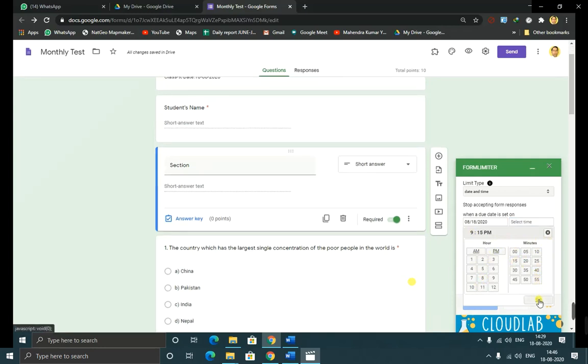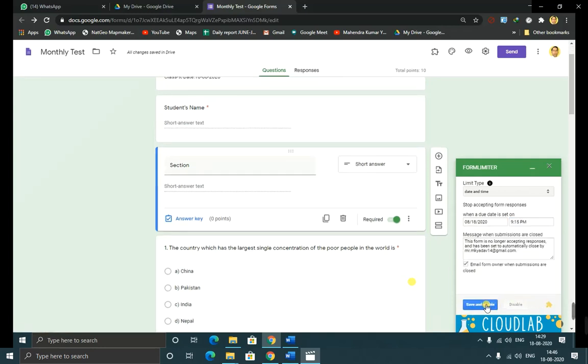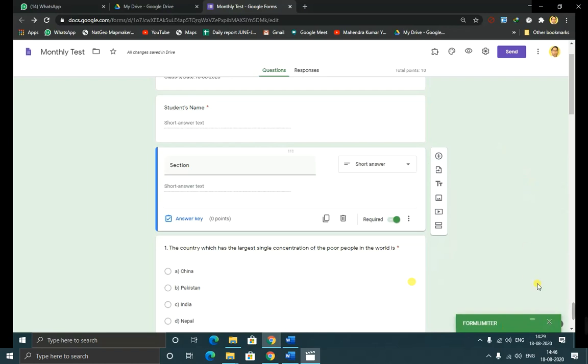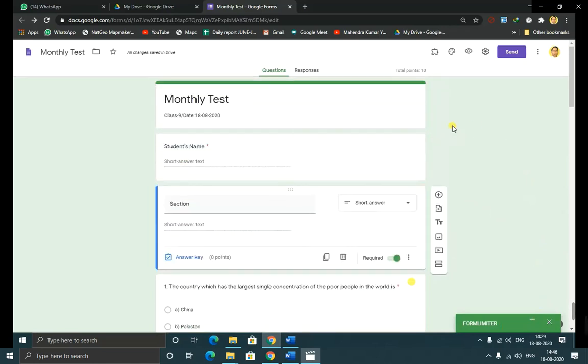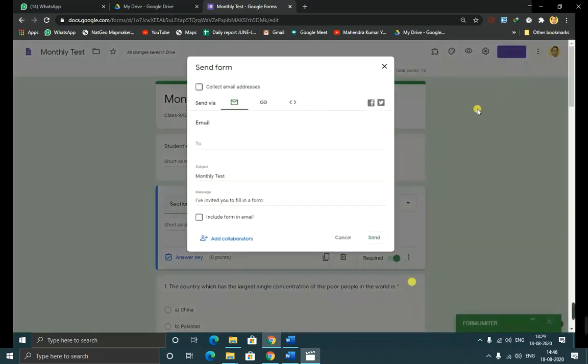It is just like a stopwatch. When the time comes that you want to stop, this will automatically stop the exam or test. So this way it is very helpful, and as and when you require to give the question, you can share the link by the send option.